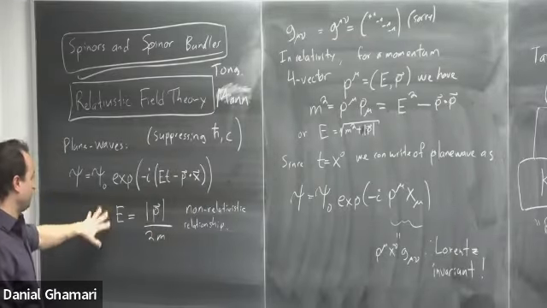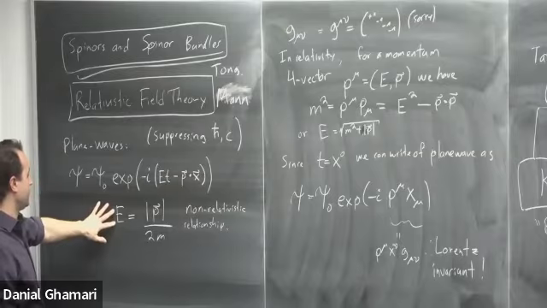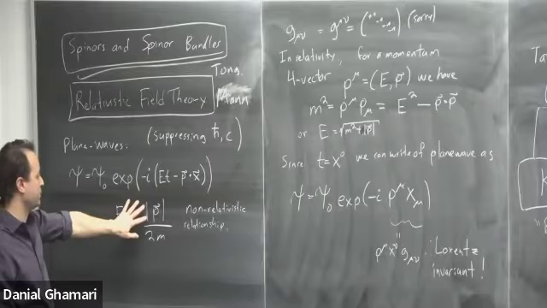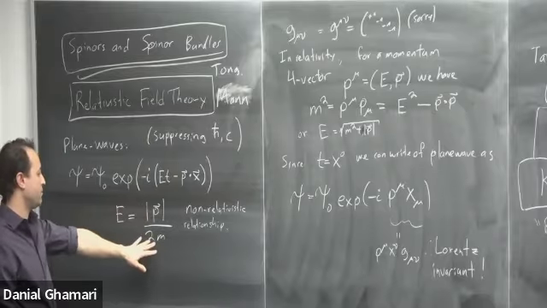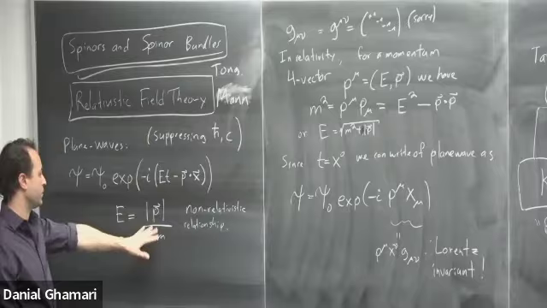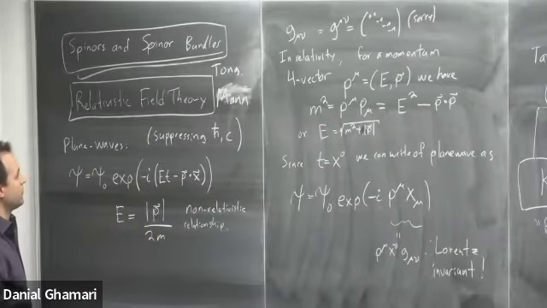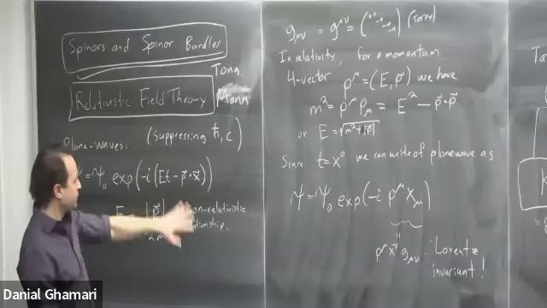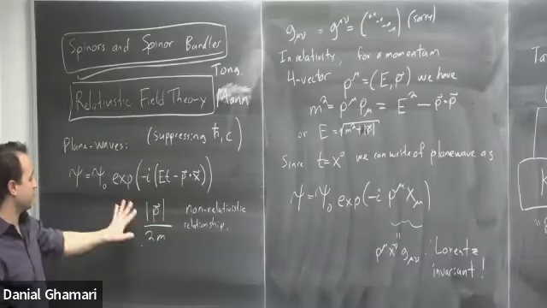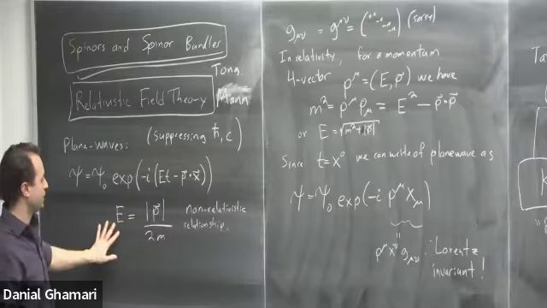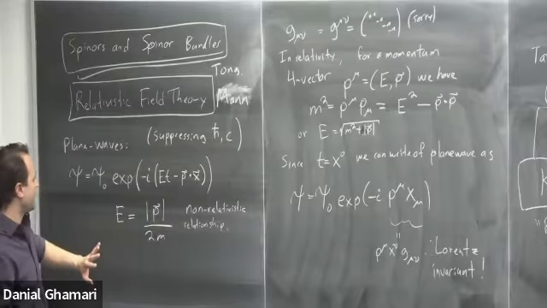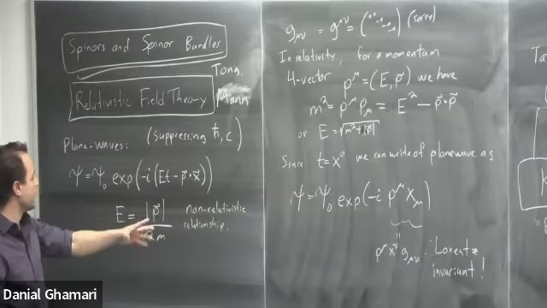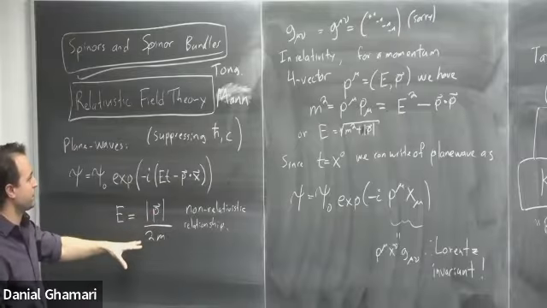And what's interesting is that the energy of this plane wave is related to the magnitude of the momentum divided by the mass. So it's actually just related to the velocity, how fast is it going? For relativistic field theory, this isn't really a relativistic relationship. I'm not sure exactly what that means on the nose, but in the relativistic context, there's a slightly different relationship